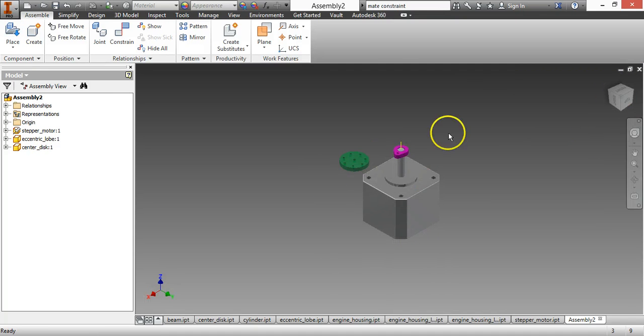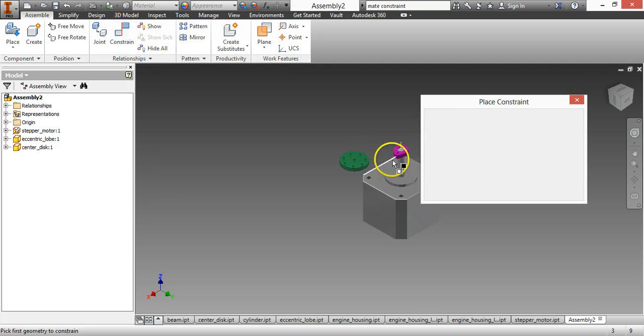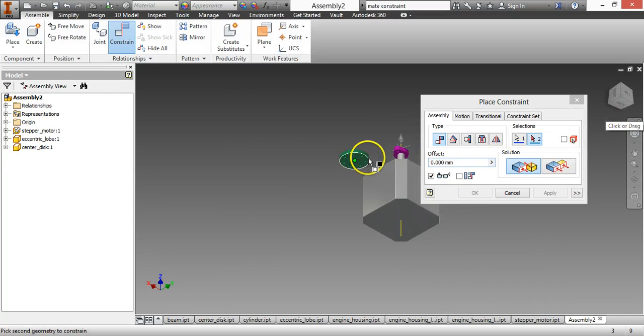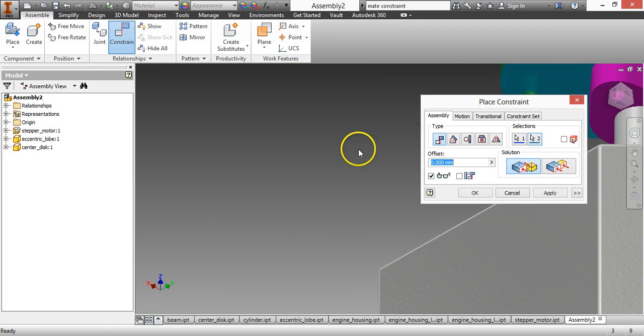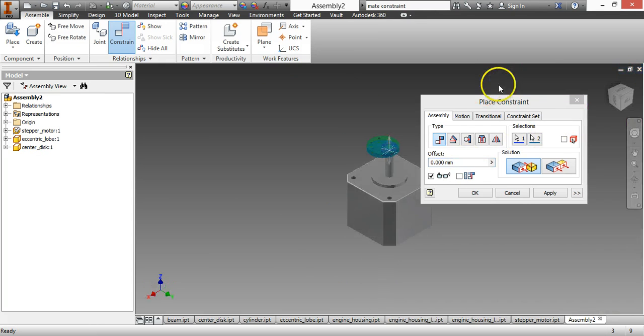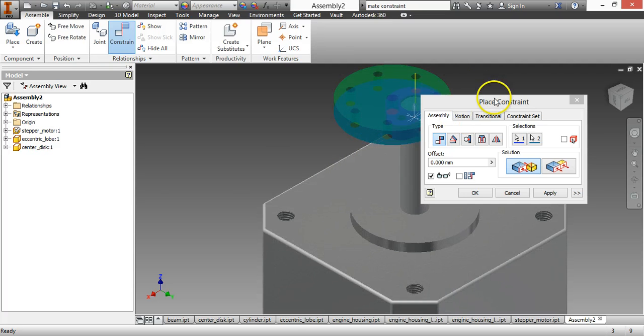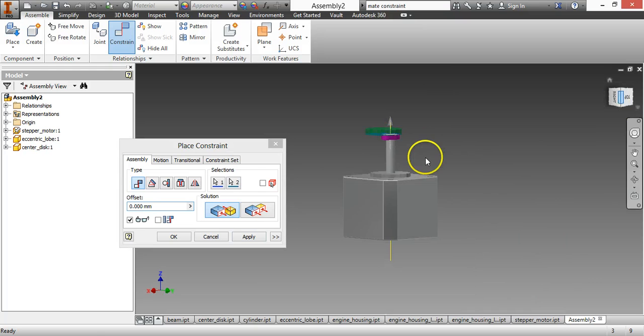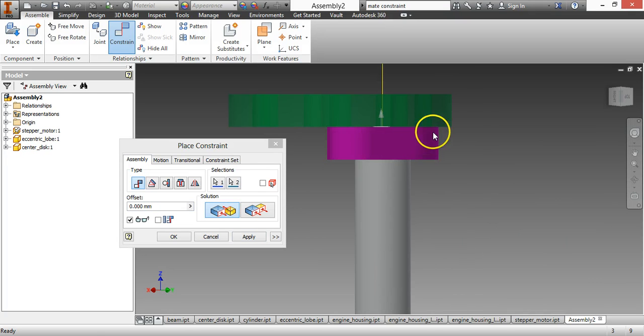But what I'm going to do is apply, again, some constraints to this. So we're going to click our constraint button, go over here and click this top surface, as we want these two surfaces to be touching each other. So we're going to apply that constraint, click the bottom button here, and now we can go check out our preview. And this looks good. We can get a nice side view here, and you can see that's exactly what we want. The two parts are touching, but again,